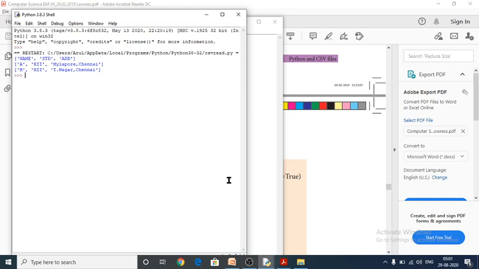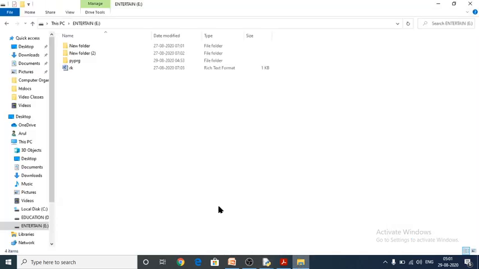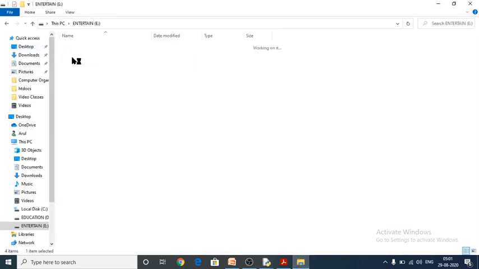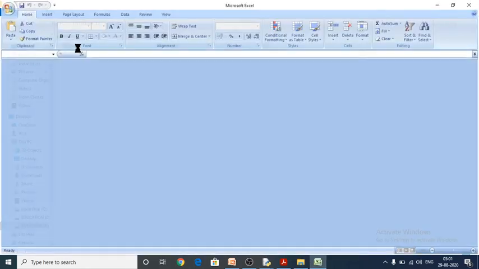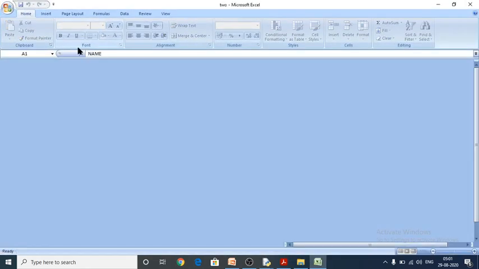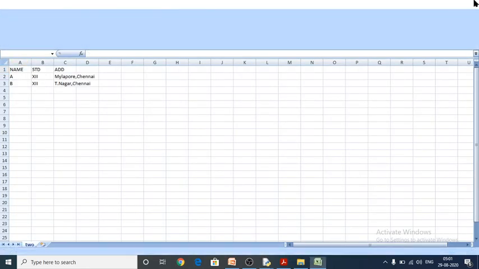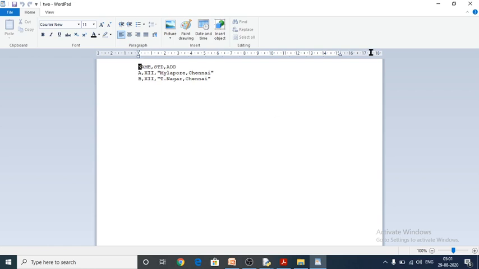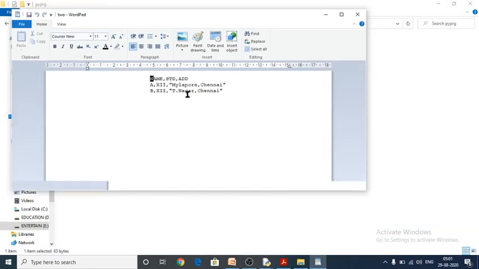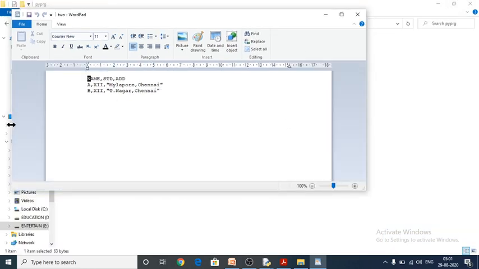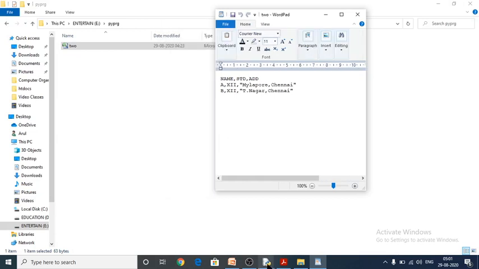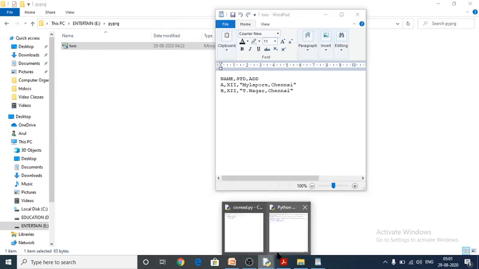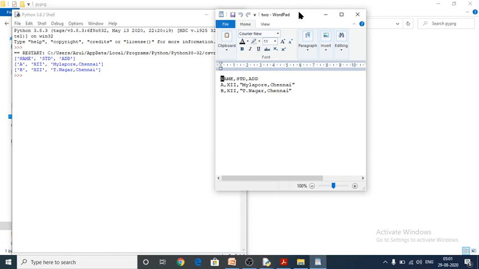So see here, I would like to open that file, 2.csv. I would like to open this CSV file in another application, so open with WordPad. I would like to minimize this one. Yes, this is the output of my CSV file.